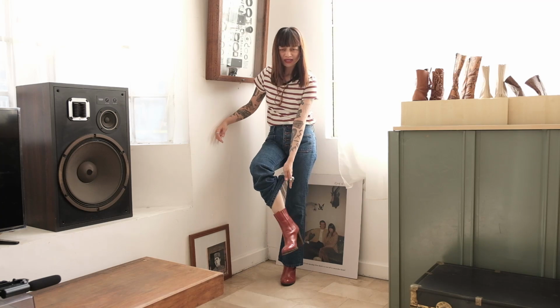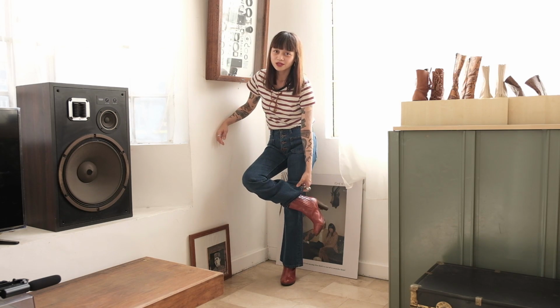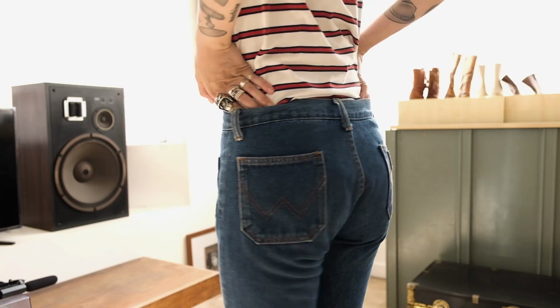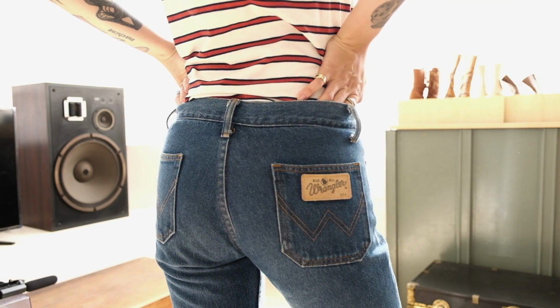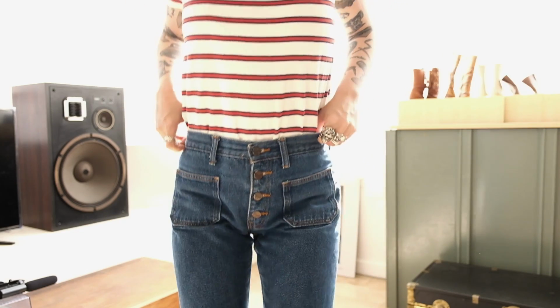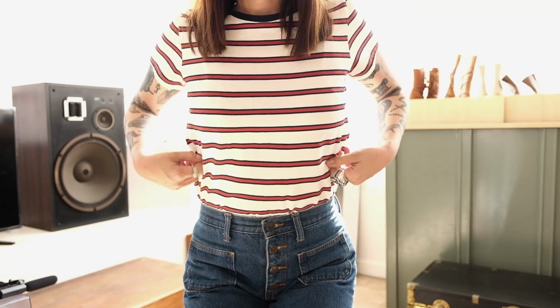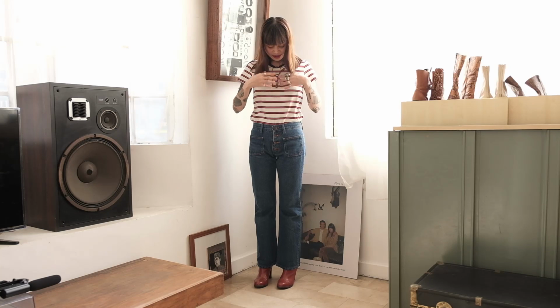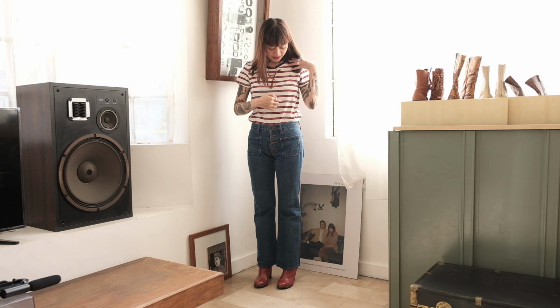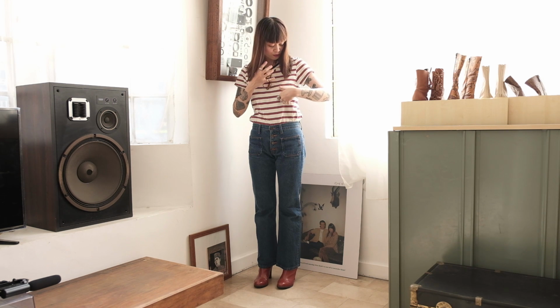They come up just a little above the ankle, so they're very secure. And then these pants are Wrangler. These are in my thrifted denim collection video, which should be linked somewhere. And then this top is from For Me. I think it's from a past season, but you can still find it on sale in some stores. It's just a casual tee that's very retro with the stripes. It has navy blue and this kind of dark coral orange color, which I really like, and it matches my